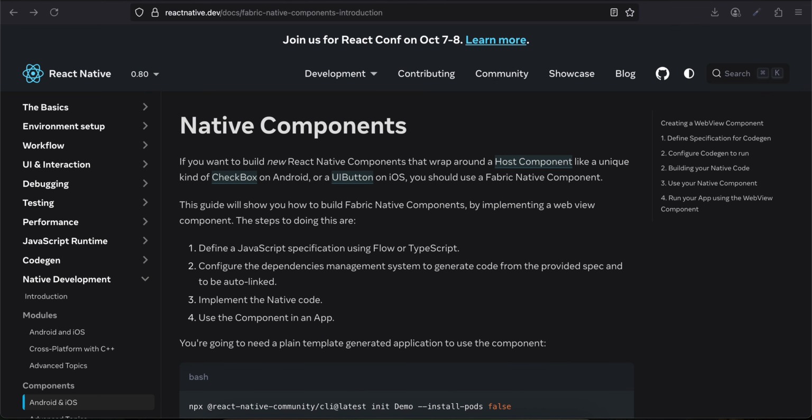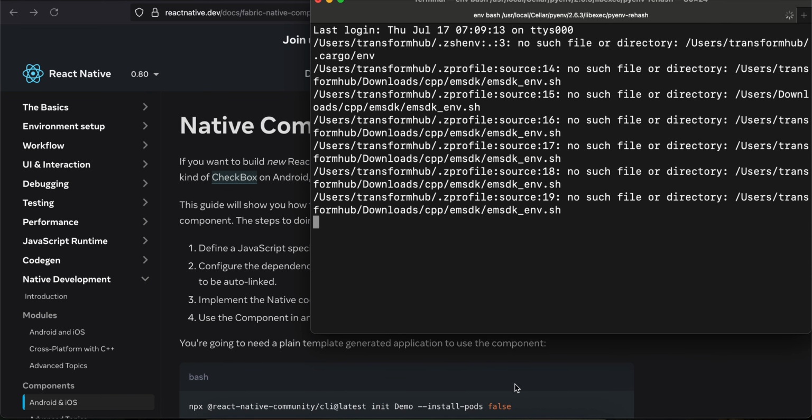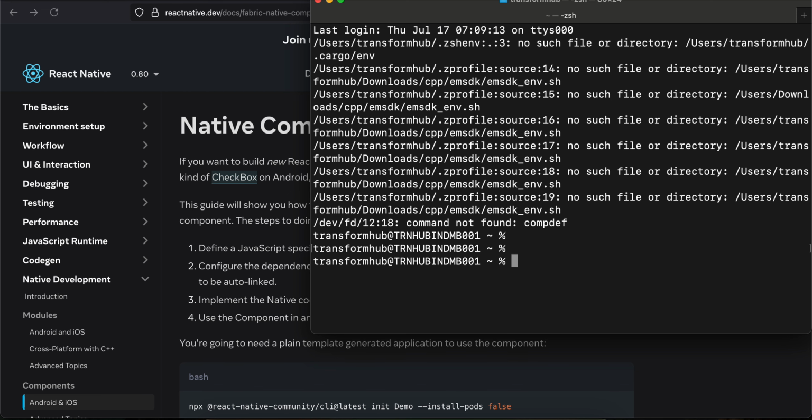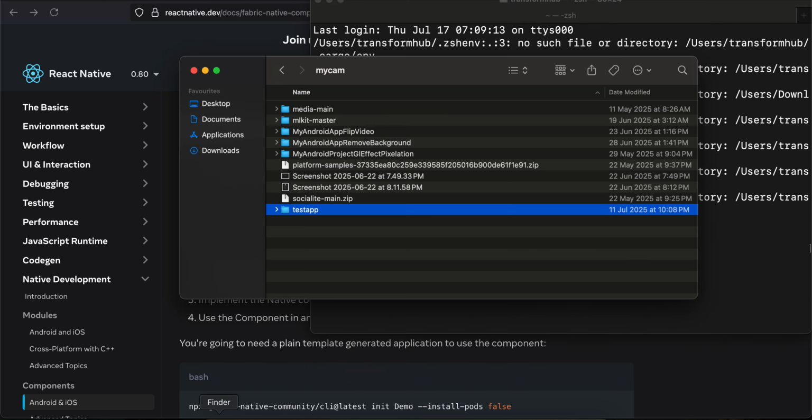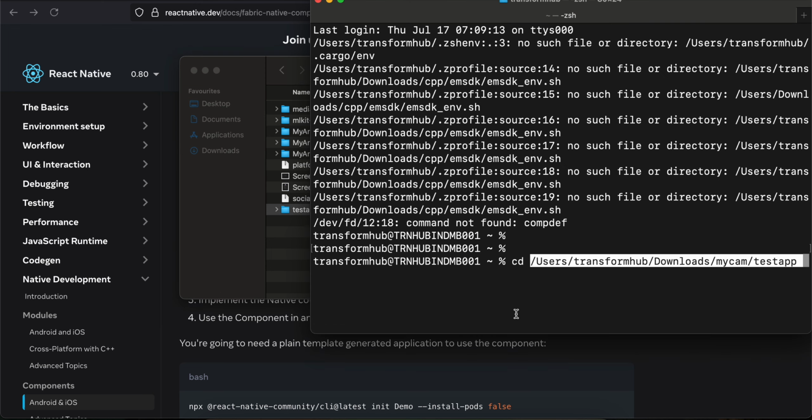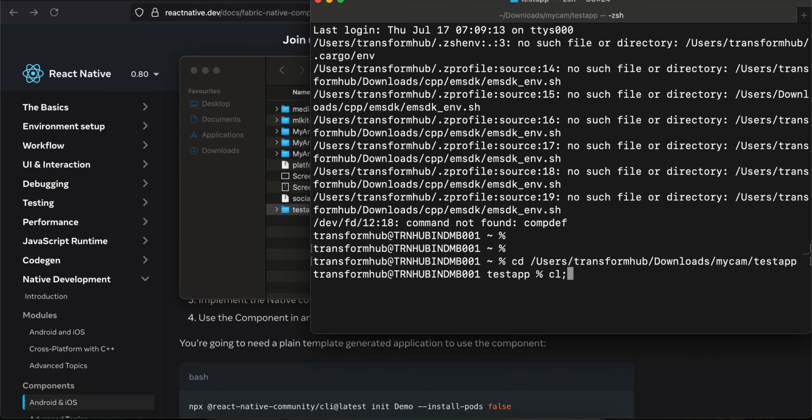In this video I will show you how to do confetti overlay on a live camera preview as well as image capture in React Native's new architecture for Android using CameraX as well as Media 3 effects. So let's get started. First I want to make a few things clear: I'm using React Native version 80,